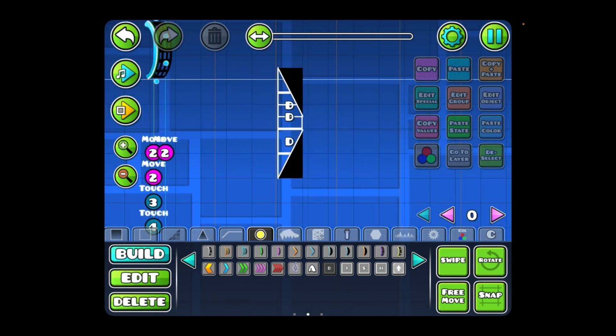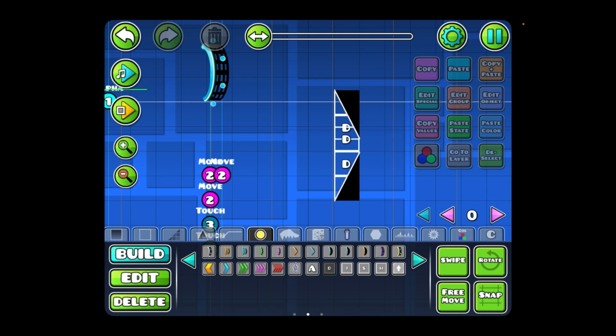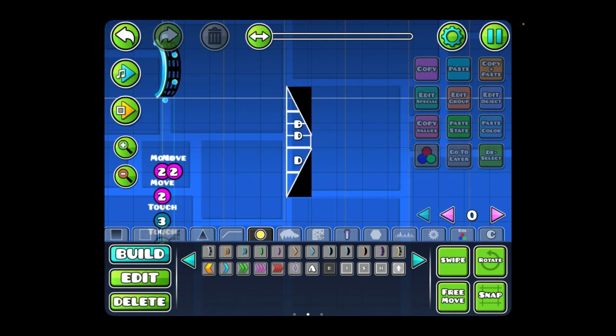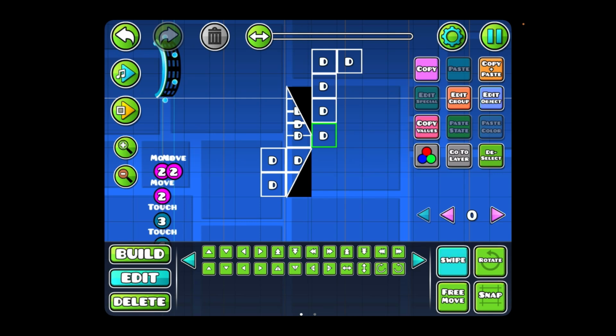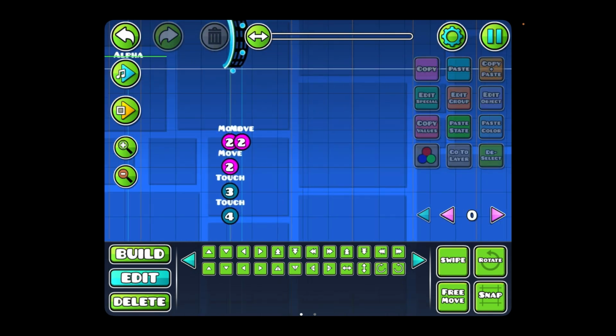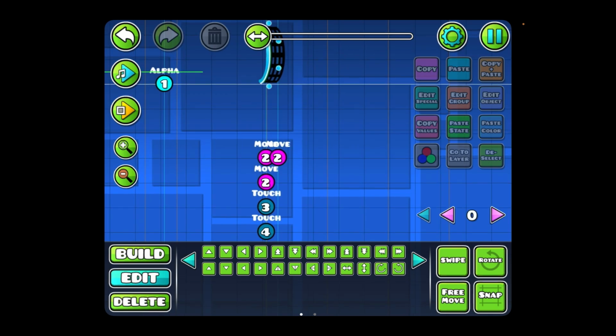Okay, so now let's get to the fun part. Oh, by the way guys, I'm just deleting mine because I already have one, so don't delete your structure. Then what you want to do is place a move trigger right there, put it here,